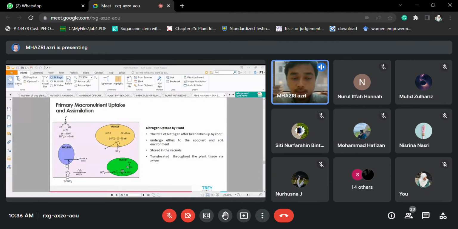So for nitrogens, remember nitrogens are available for plant nutrient uptake in two forms, nitrates and also ammonia. Nitrate is the primary form of nitrogen for plant nutrient uptake in aerated soils. Apa maksud aerated soils? Soils yang mengandungi oksigen yang cukup, where the organisms or plant tissues in these